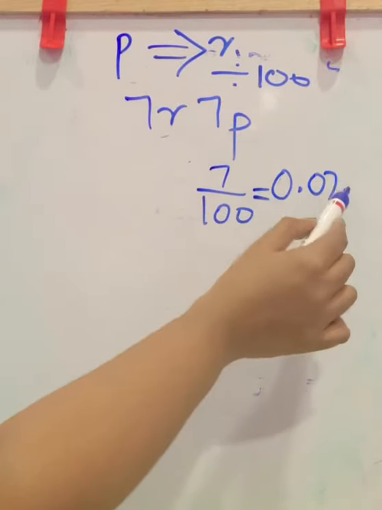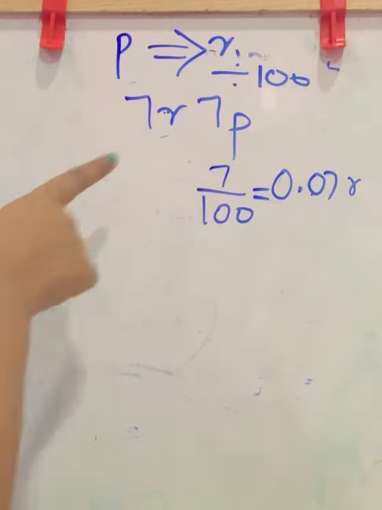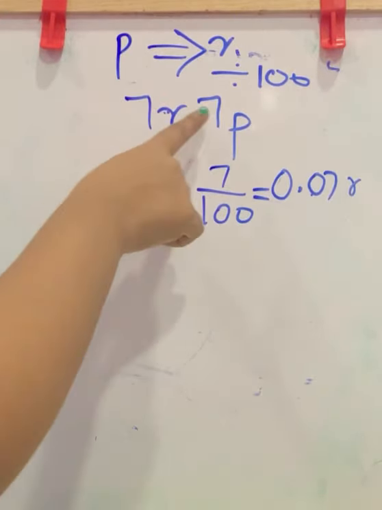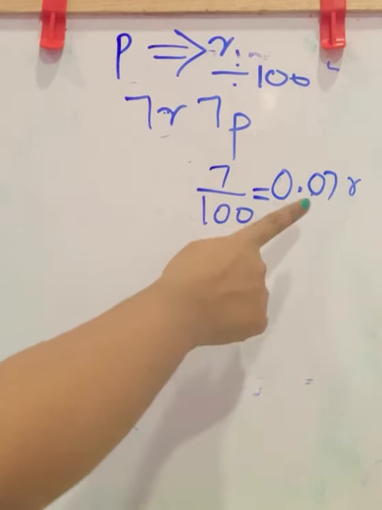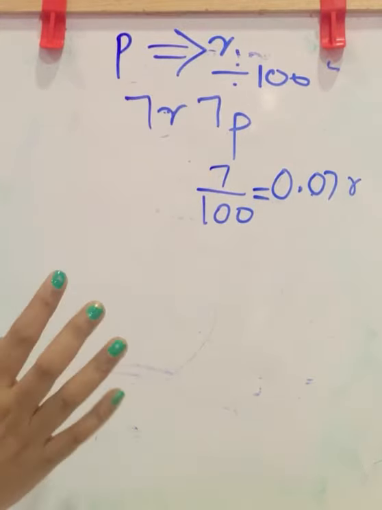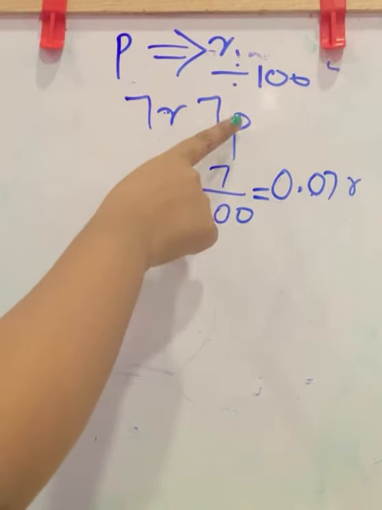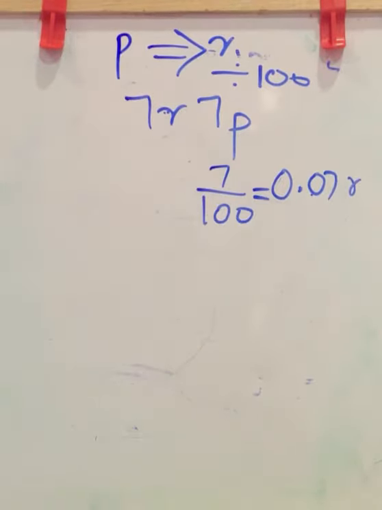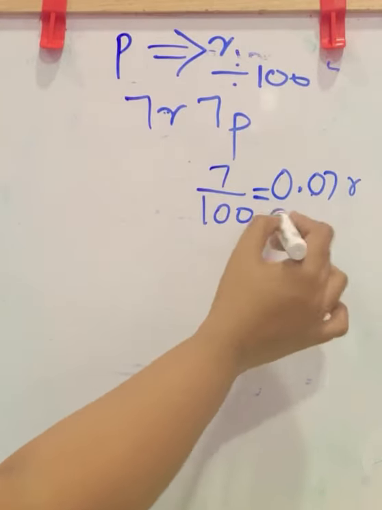Now you want to add these rupees with these rupees. Remember, you can only add rupees with rupees. You can't add rupees with paise. If you want to add rupees and paise, you want to convert the paise to rupees. Then only you can add. The units must be the same. Then only you can add the values. Here it is in rupees, here in paise. So first convert this paise to rupees. Now you can add. You have already converted it.